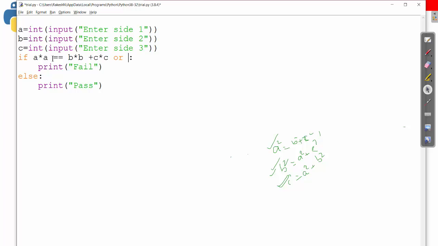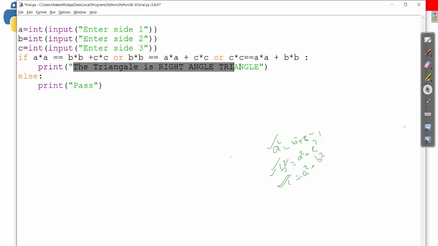or B star B is equal to A star A plus C star C, or C star C equal to A star A plus B star B. If this condition is satisfied, then I have to say the triangle is a right angle triangle.